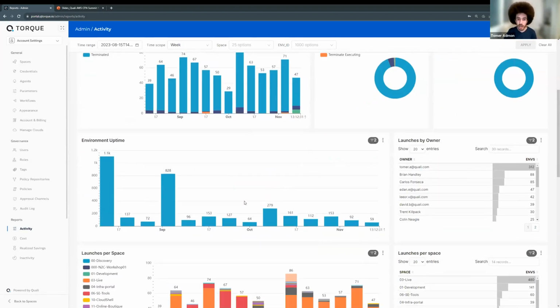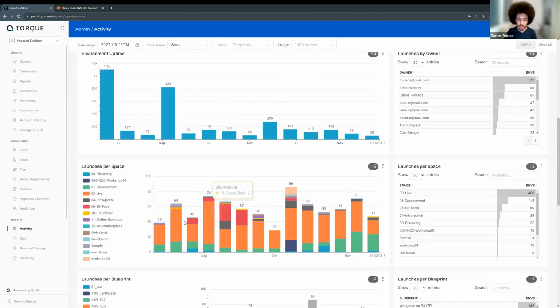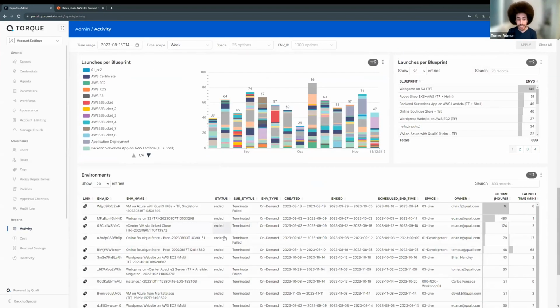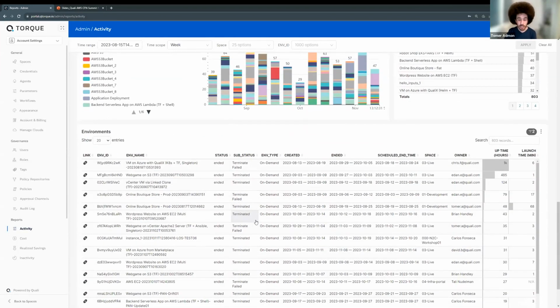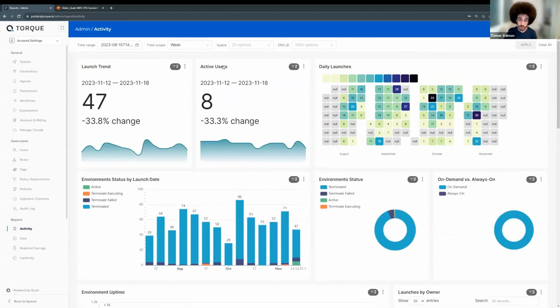We want to see how many uptime minutes or how many environments are up and running. We want to see the breakdown per specific space or specific team. We want to see who is using how much by name, and we want to see exactly the right data about whether environments are now in a good state or not. And this is all in this activity report.